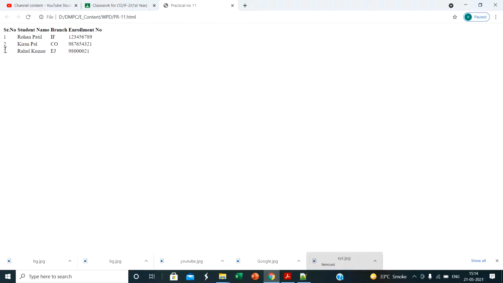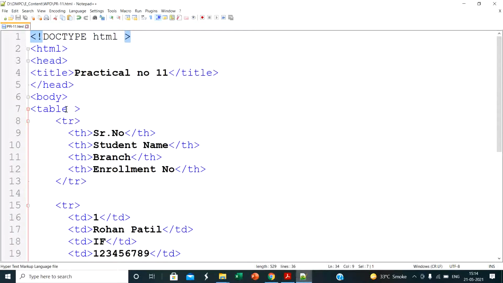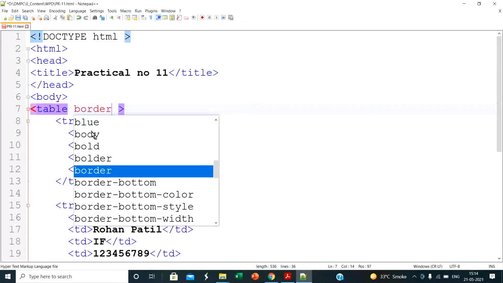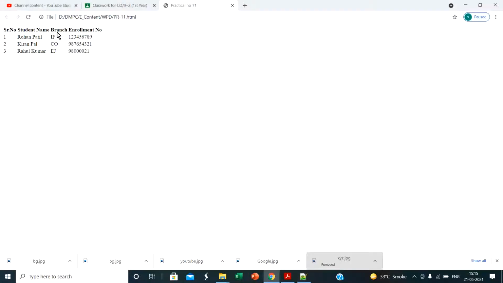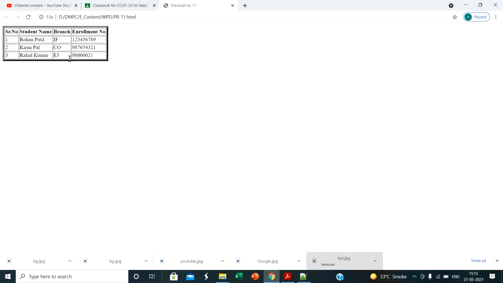If you want a border on the table, add the attribute to the table. The attribute name is border, and mention the value in pixels. So if I enter 5, then it is 5 pixels. Save this file and refresh the page, and the table is displayed like this. Again we use the cell spacing and cell padding attributes.